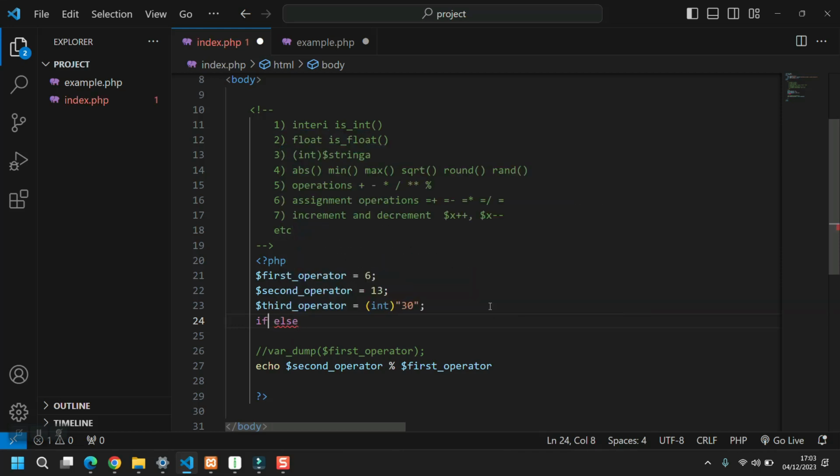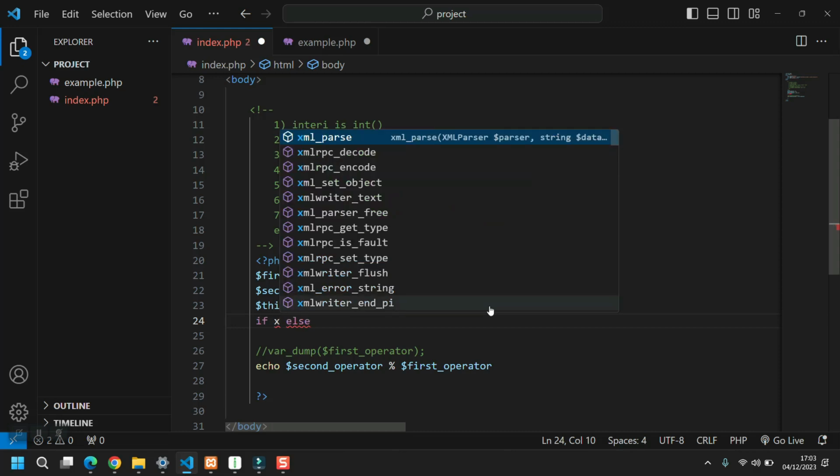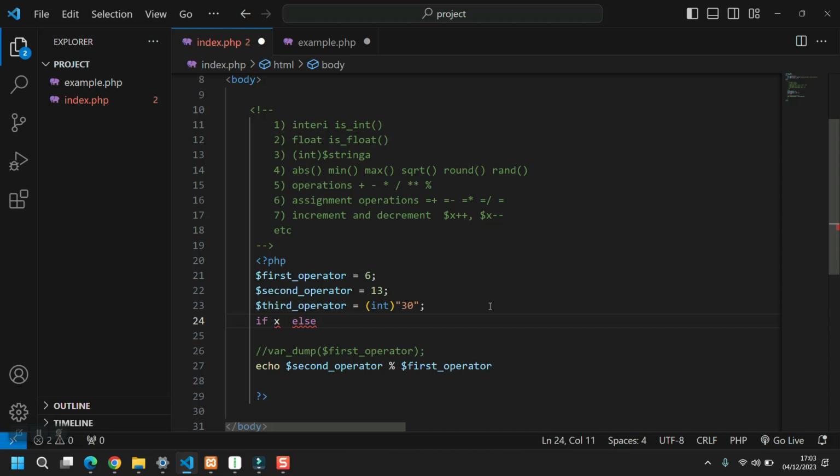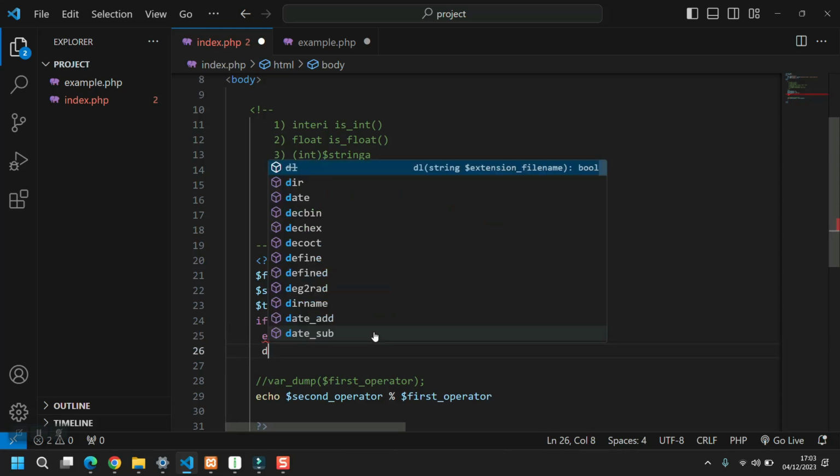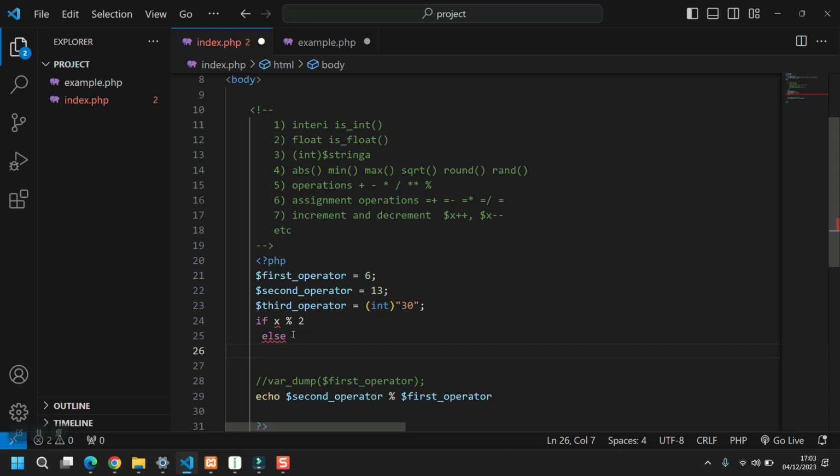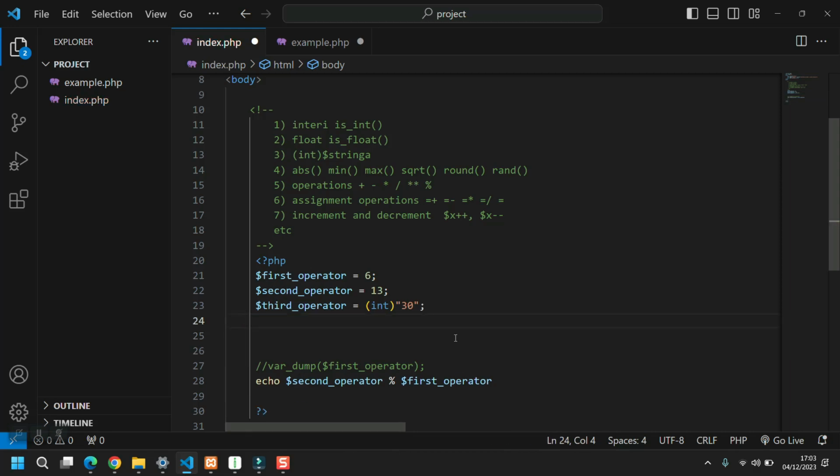And many times if x taken from the database is even, so it is divisible by 2, you do this. Else, so it is odd, you do that, blah blah. Okay,